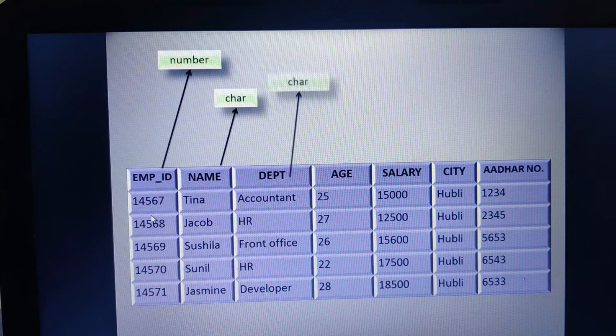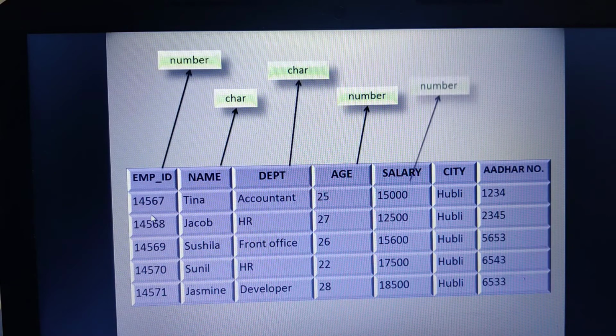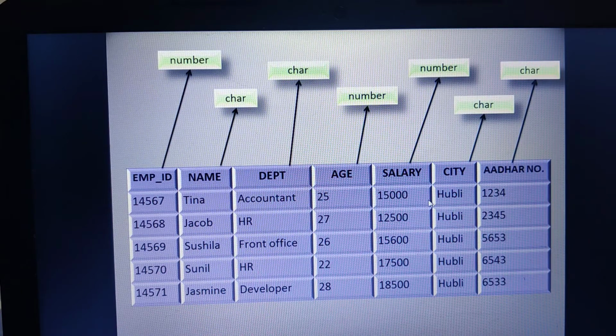It cannot even hold null values because every employee must have a unique ID, whereas in the name, department, age, salary, and city, the values may be duplicated. The employee name Tina can be repeated here. Department, HR department can be repeated. Age can be repeated. Salary, city also.